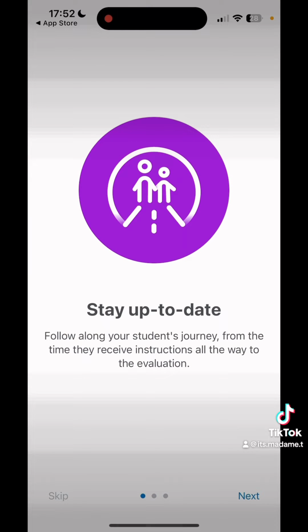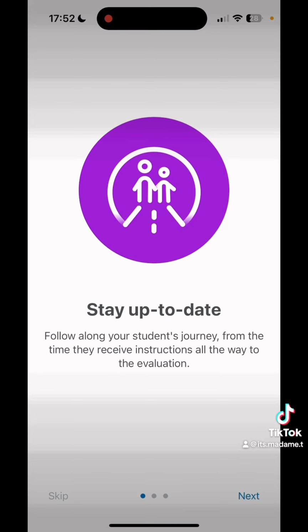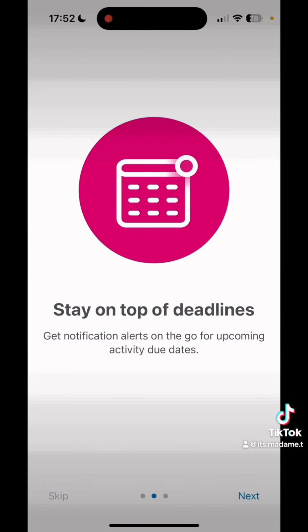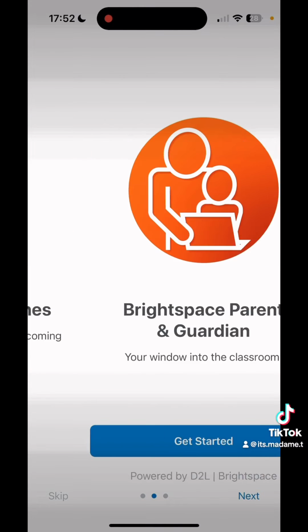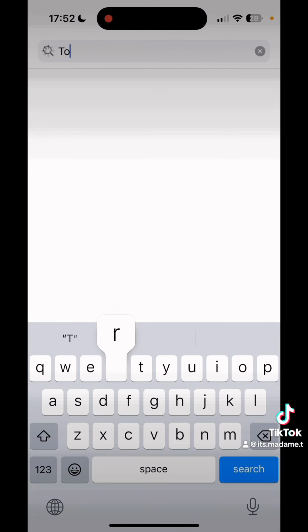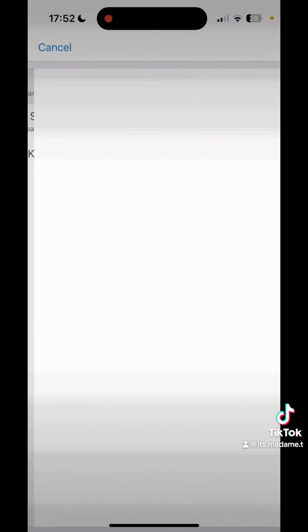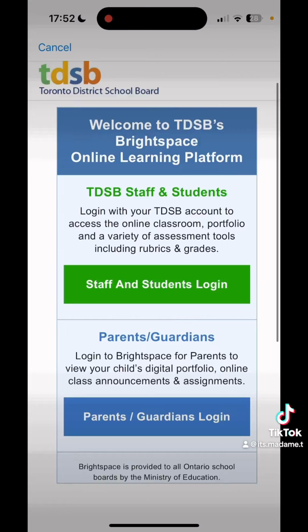You're going to download it, and then it's going to show up on your phone, and this is a great app to keep yourself up to date, stay on top of deadlines, but also it allows you to see your child's grade. So you're going to press get started, and you're going to type in Toronto. Please choose the Toronto TDSB, and then once that happens, it's going to take you to the site of the